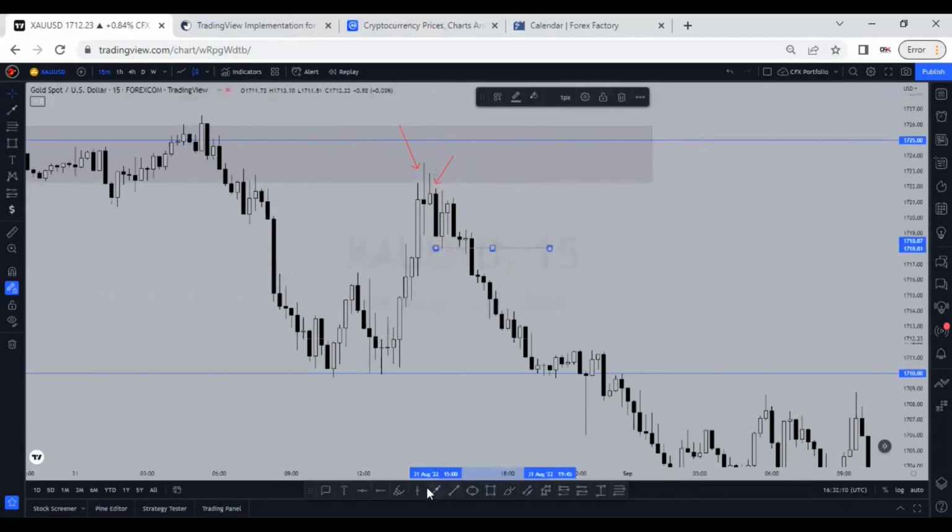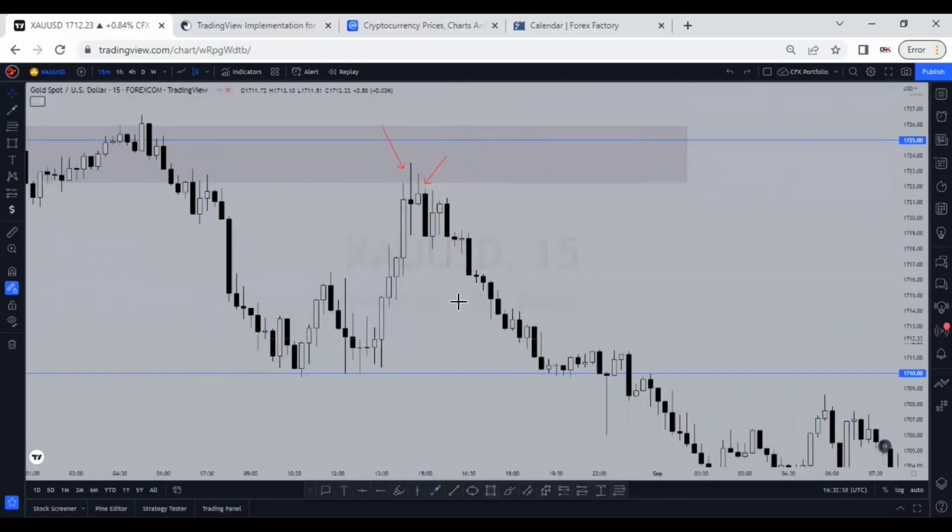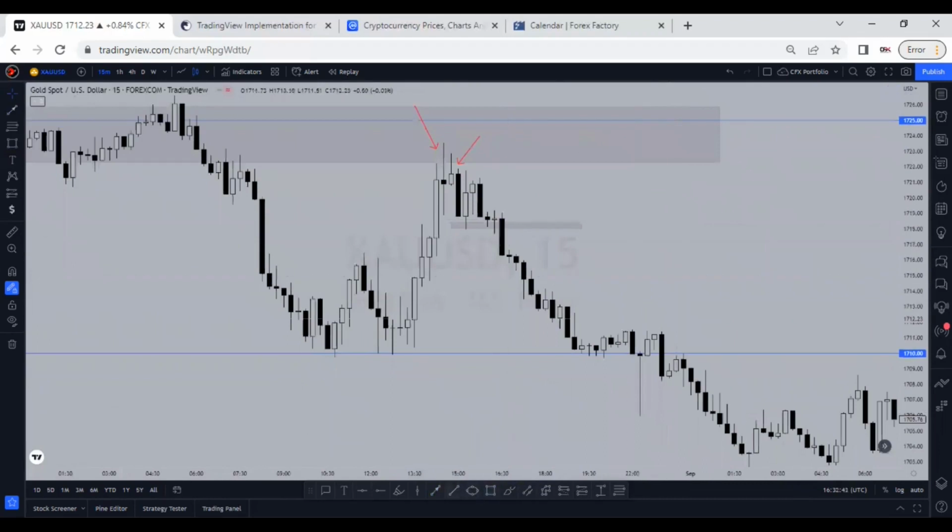It tried to form a double top by going up here, coming down, and then the next up. Okay, it should have gone a little bit higher, but it doesn't really matter. I've told you that when I'm trading a double top, I also look for what? A pin bar. Okay, so for the second move, I look for a pin bar here, and it didn't happen. So on this trade, the only confirmation pattern that we got is break of structure, which is the break of